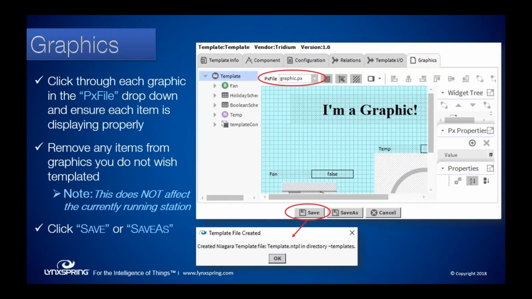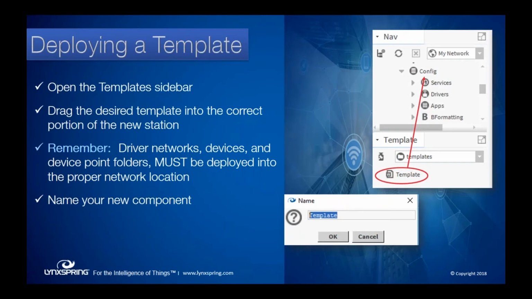Once we've got it saved, there's a separate left-hand sidebar that is for templating. This is not a palette. It is an actual template sidebar, so you'll have to go up to the top and open that. You'll find your list of templates that you've created here. This is why having your different naming schemes is very important, so that you know, okay, this is the template that goes with this project versus this other project.